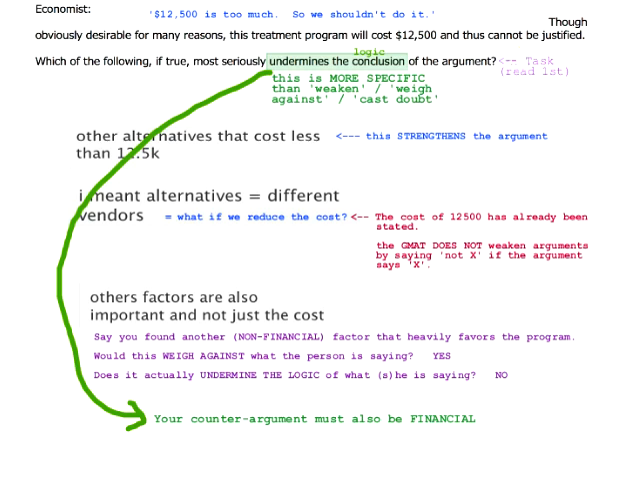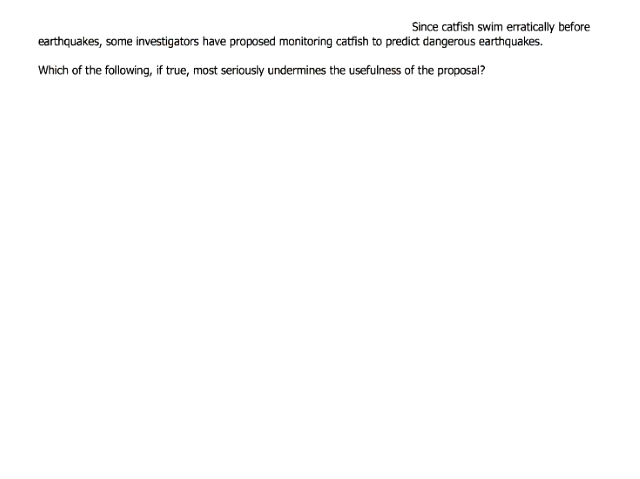Okay, let's do another one. Let's talk about this one. So here's what I want you to do. You don't have the answer choices. But again, read the task. Then read the proposal, which is the sentence I gave you. And then